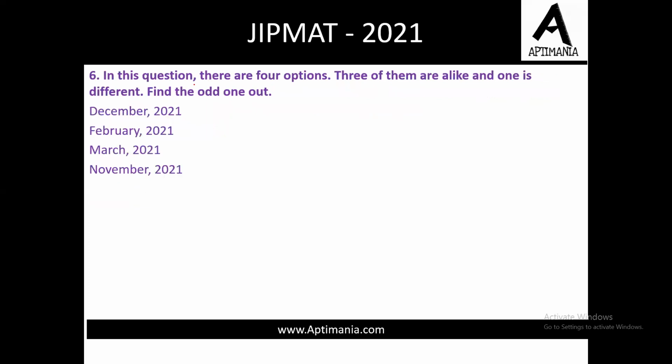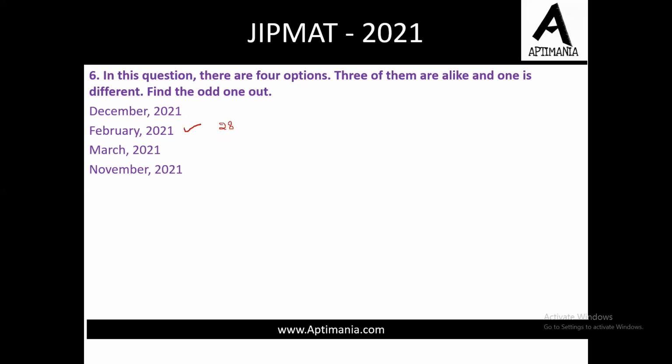Next question. In this question there are 4 options. 3 of them are alike and one is different. We need to find the odd one out. Now the options are December 21, Feb 21, March 21 and November 21. Now see, सबसे पहले जो हमारे माइंड में स्ट्राइक करता है वो आता है कि Feb आंसर हो जाना चाहिए